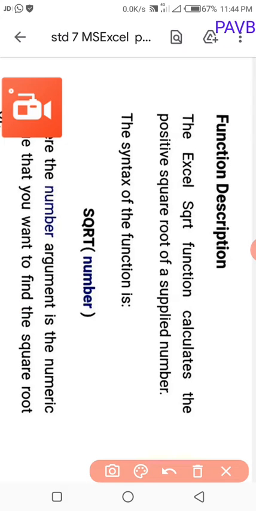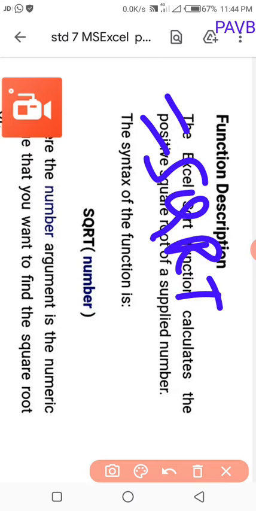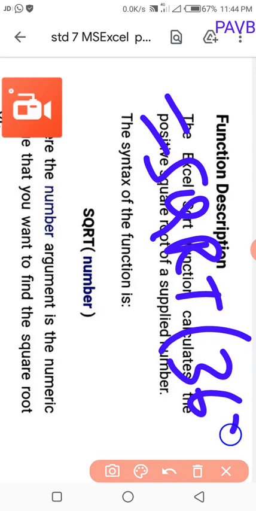For example, if SQRT is the square root of 36, what is 36? 6 sixes are 36. So the answer is 6.